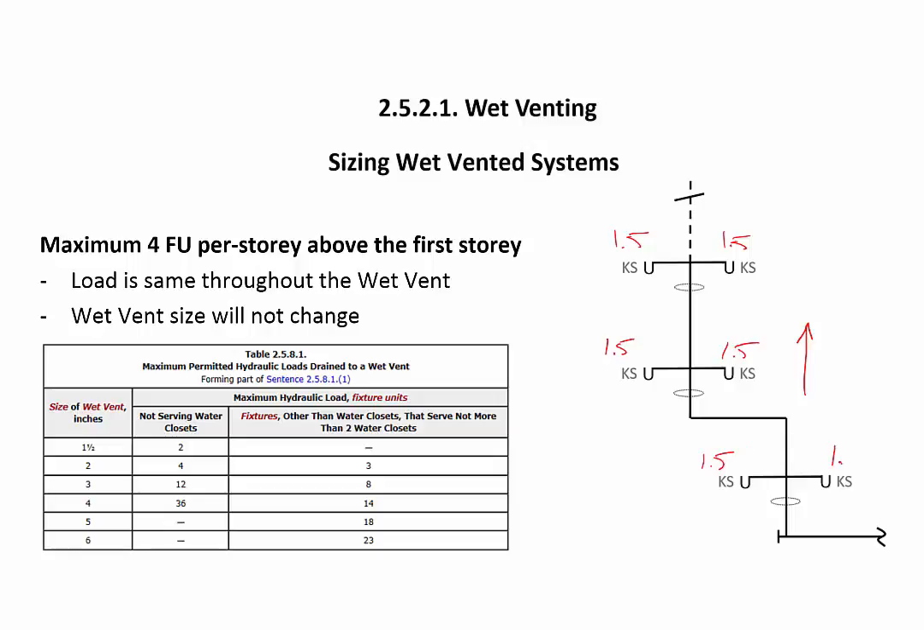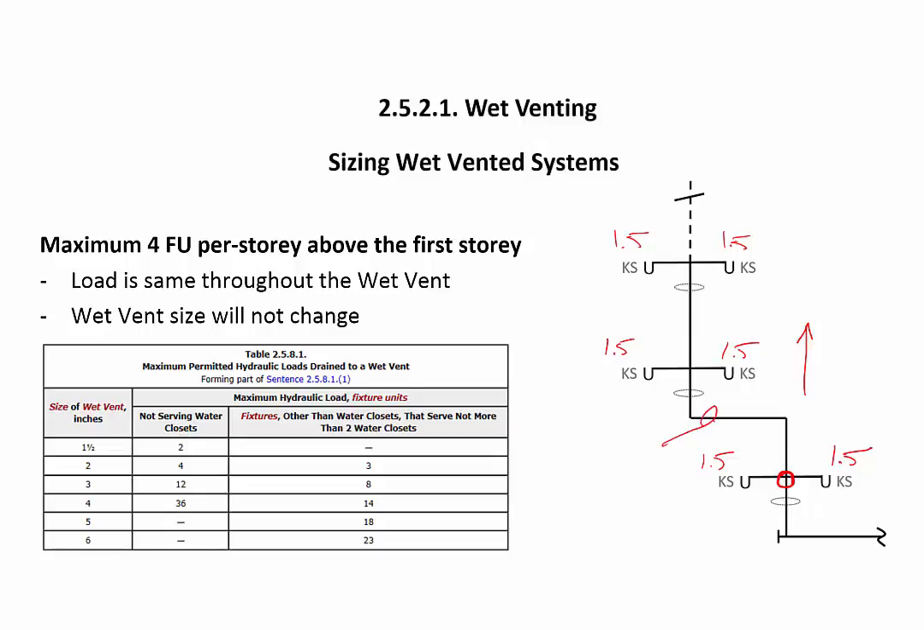We don't include the load of the lowest fixture or fixtures that are symmetrically connected, but we include the load of everything else that is draining into the soil or waste stack. And like this requirement says, the load is the same throughout the wet vent. So at any point on this wet vent down to the lowest T, we would say for the purposes of sizing that we have 6 fixture units draining into the wet vent,